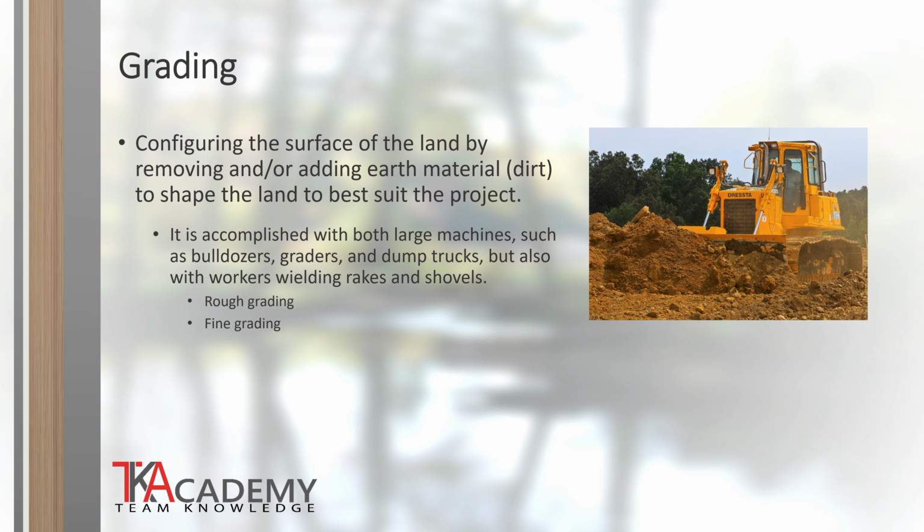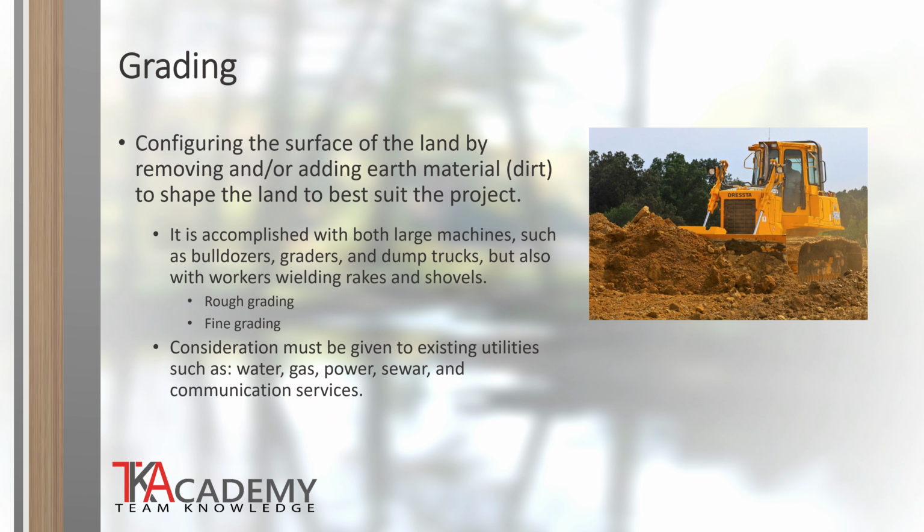When using large pieces of equipment and moving large volumes of earth, anything that is below grade is subject to potential damage. Most utility lines on a project site run below grade, such as water, gas, power, sewer, and communication lines. Consideration must be taken at the beginning of the project to clearly identify where these are and to mark them on the site to prevent any damage during the earthwork operations. Any damage to these utility lines could result in significant fines and penalties.